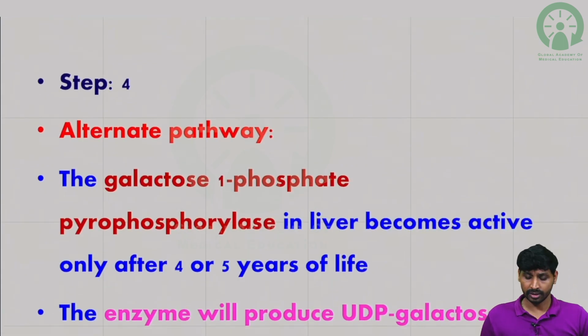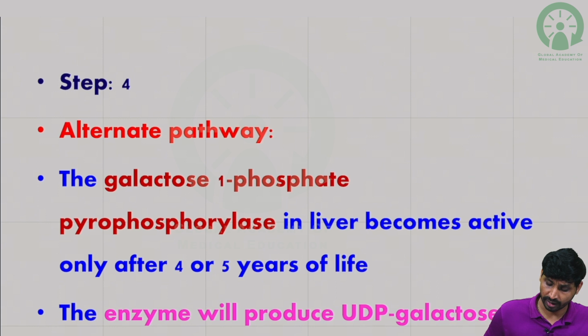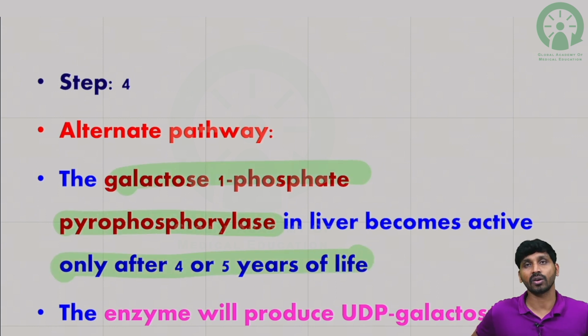Galactose metabolism is like an alternative pathway. The galactose 1-phosphate phosphorylase is present in the liver and becomes active only after 4 or 5 years of life. The enzyme will produce UDP glucose directly, which can be